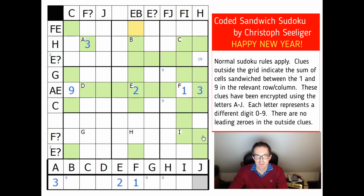Now let's look at this. The first thing that shows us is that this square must be a 1 or a 9. And that means these 4 squares can be made green, because we know that this clue is in fact exactly equal to 12, because it's F then E, and we know the values of those. Now, what did I do next? I think I noticed that, well, yes,